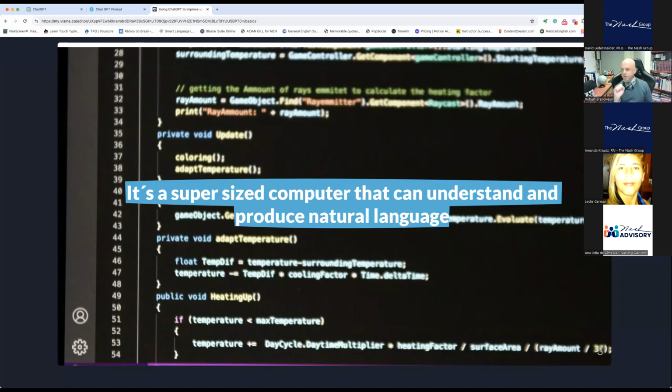Please bear that in mind. Por favor, tengan eso en cuenta, because I will tell you about some drawbacks later. Les vamos a contar de ciertos problemitas que pueden tener después. But once again, if it produces natural language and it can understand it, of course, it is tailor-made for language learning. Ok? Pero si ChatGPT es una computadora que puede entender y producir lenguaje natural, obviamente es anillo al dedo para las personas que estamos estudiando un idioma.